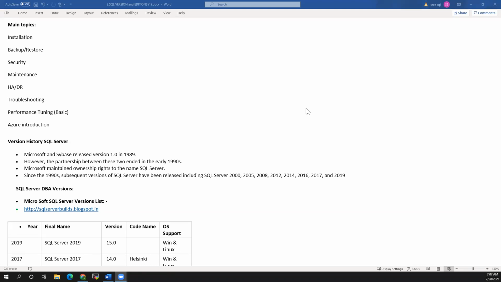Yeah, so today we will discuss the versions and the history of SQL Server, what is required for installation as prerequisites, and what kind of services will be running on SQL Server when you install. These topics will be discussed today, and from tomorrow onwards the installation will be going on. I will tell you what kind of software you need to have ready on your computer.